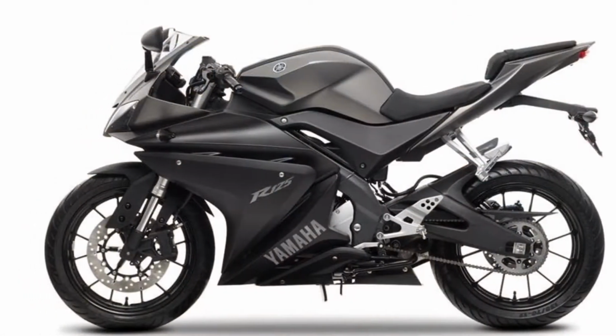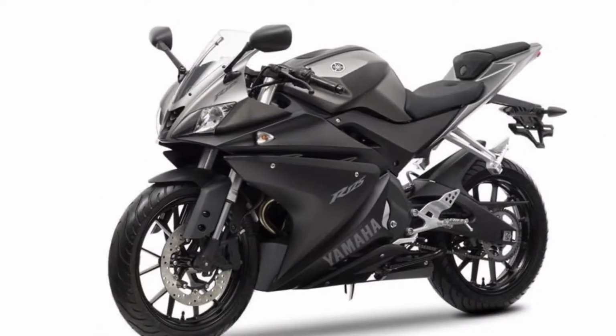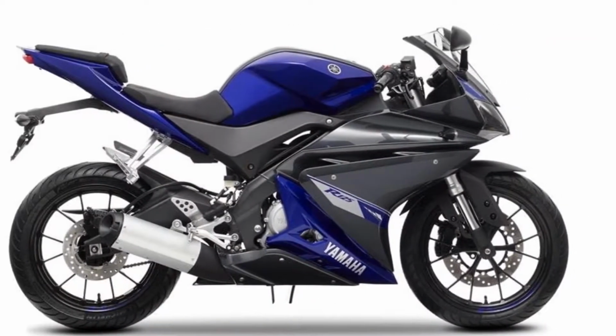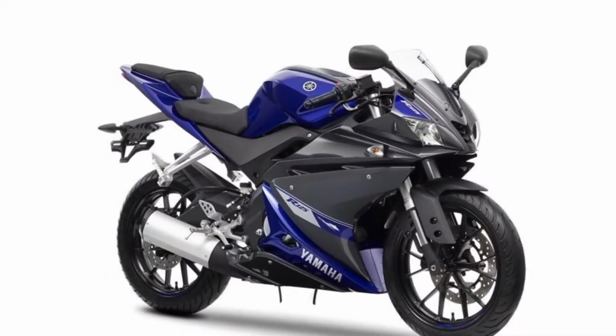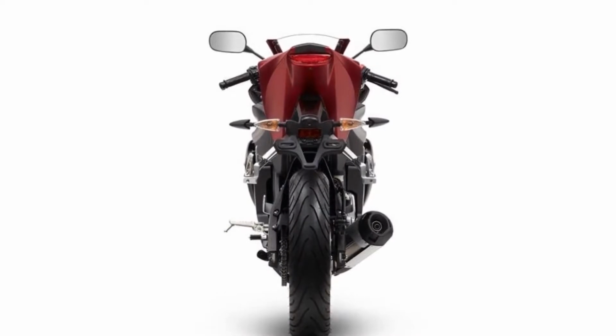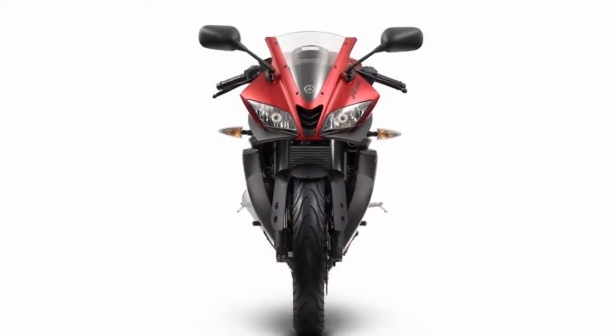Overview. Welcome to the world of R series. Right now there's a bike that offers everything you could have dreamed of, and more. Surf the net and check out the rivals, and you'll see that nothing in the 125cc class can match what our latest Yamaha